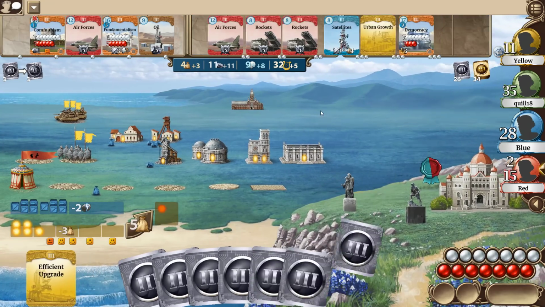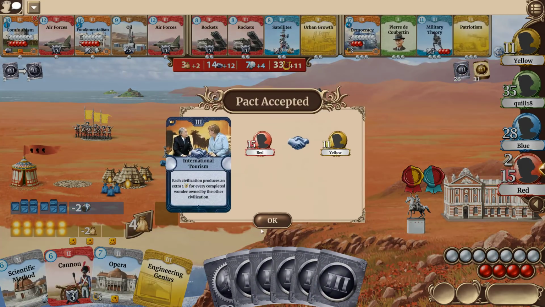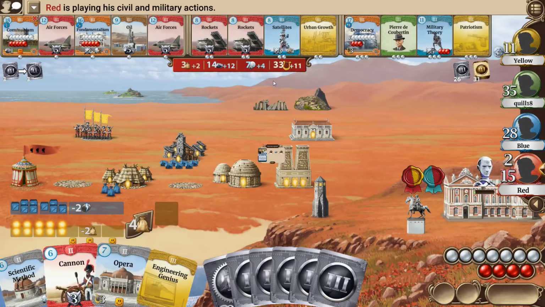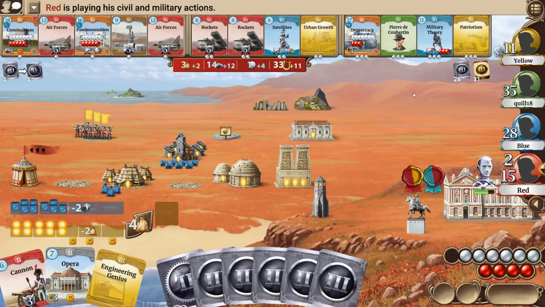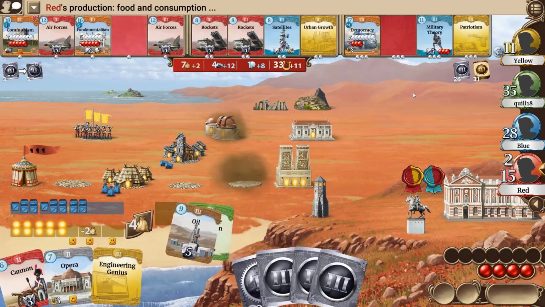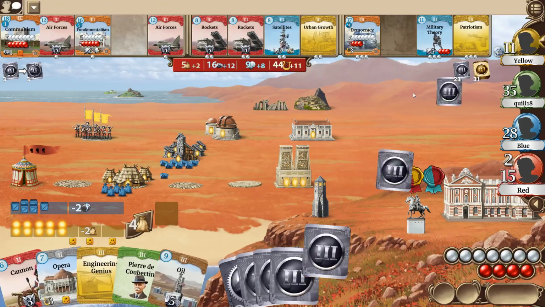All right, blue's teching up pretty aggressively. See, red's got cannons and stuff. He might be able to go up in strength quite a lot. Whereas I knew yellow was weak. We'll probably take the last of yellow's yellow pips. Unless, on yellow's turn, if they can...